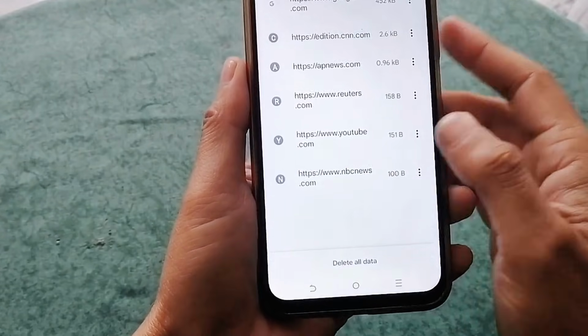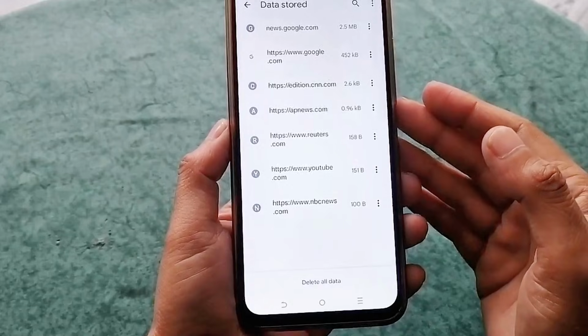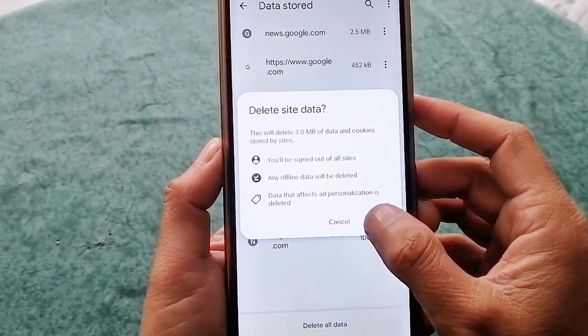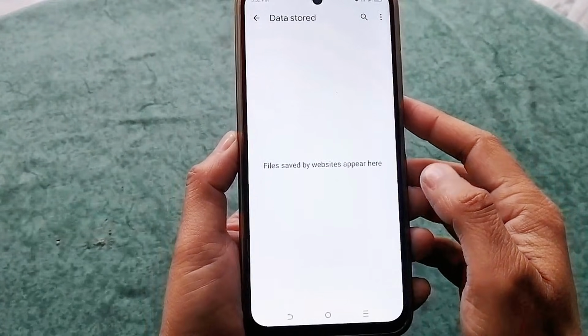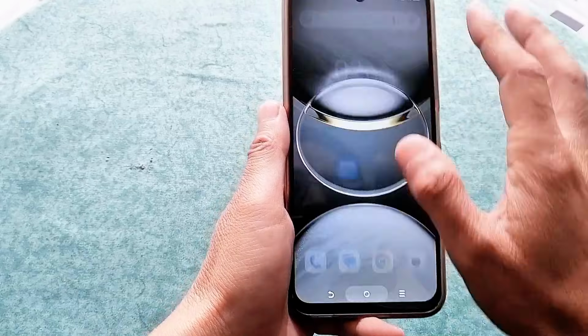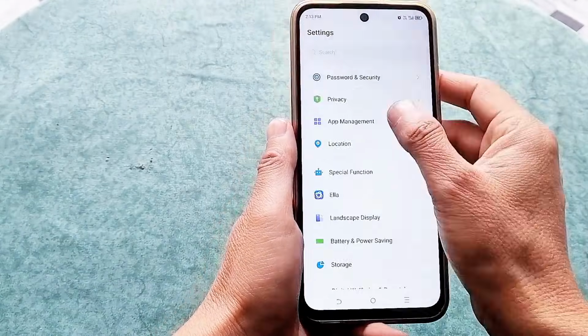Here you can see gigabytes of data. I have already deleted a couple of days ago. Tap delete all data. If you want even more space, go to settings, open apps, pick heavy apps like Facebook or Instagram, and video